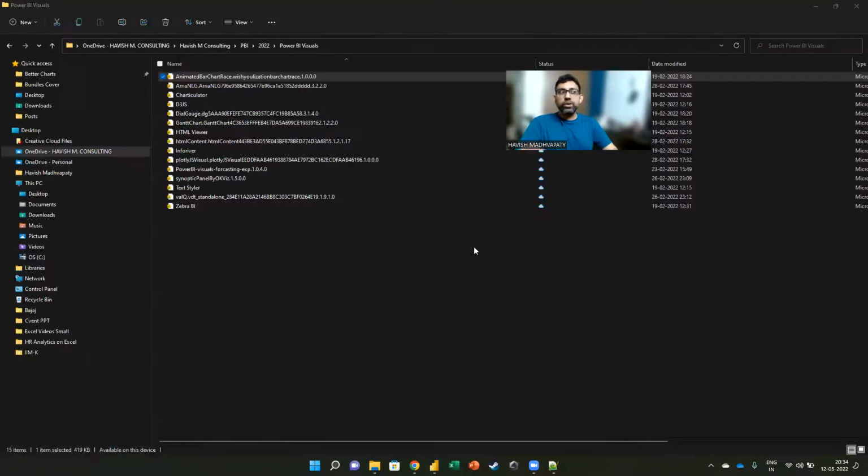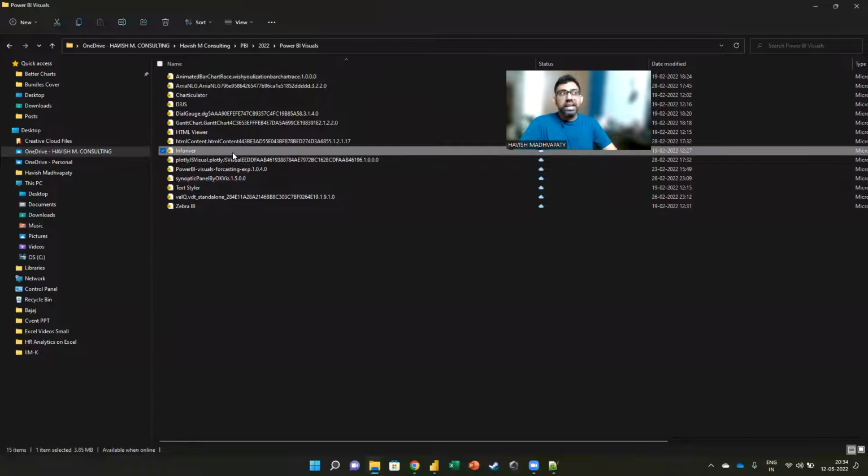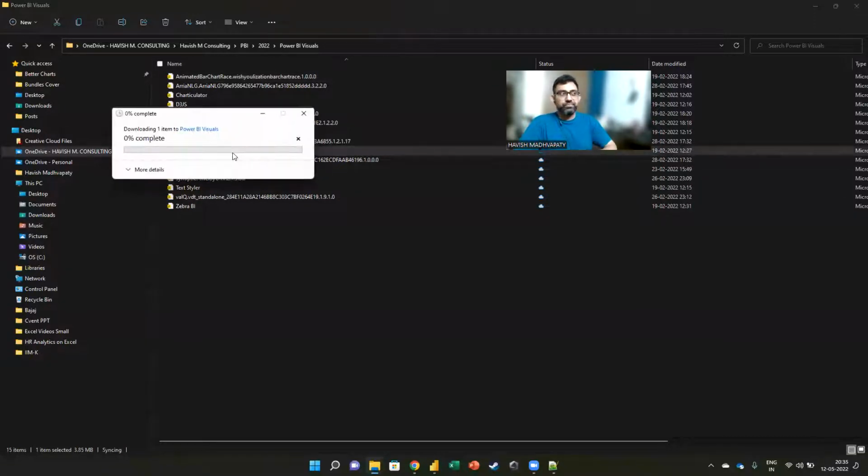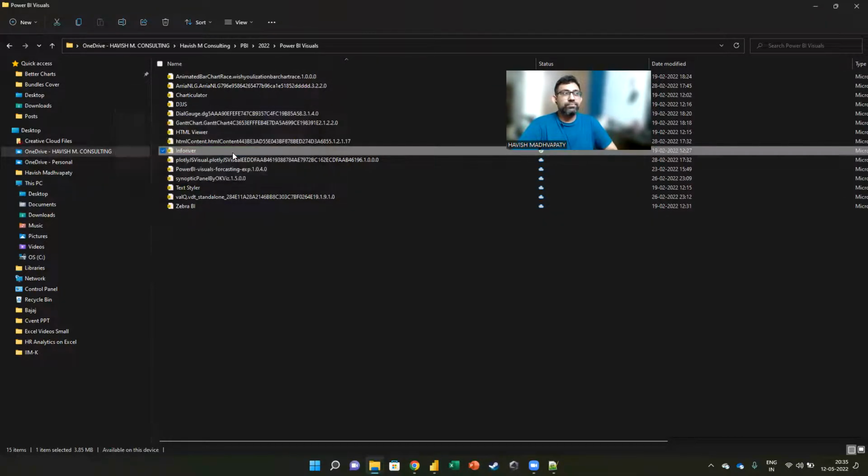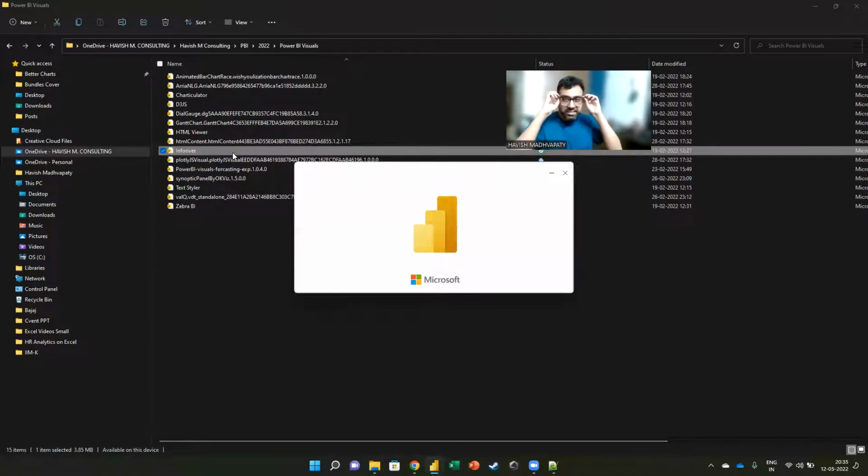Okay. Now, for those of you who work in finance, there is a specific visual for you. It's not a visual, it's almost like a software. Even though it is not free, it is paid, but it is so good, you should all have a look at it. Watch this. It's called Info River. Okay. And this is amazing. Check this out.